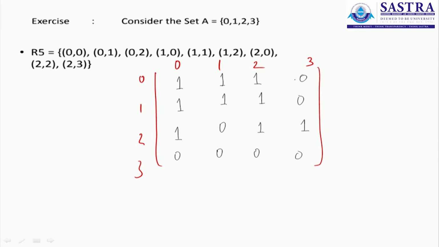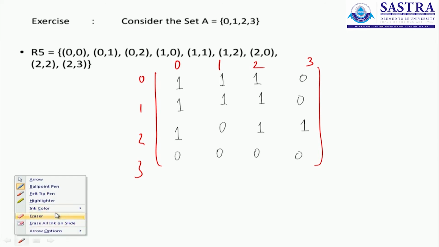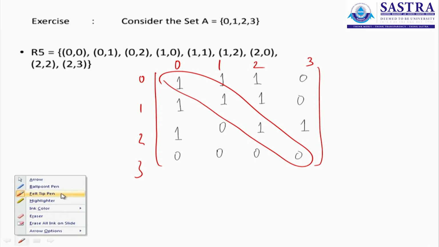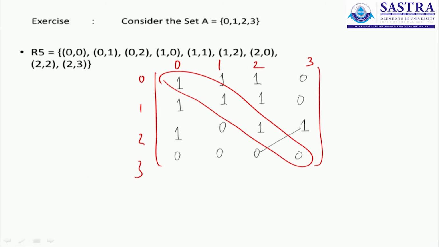and this is not symmetric. You can see that the matrix is not symmetric here. Forget the diagonal elements. Above and below there is no symmetric nature observed. There is a problem here. You have (2, 3), but you don't have (3, 2). They are not the same. One of them is 0 and the other is 1. Hence this matrix is not symmetric and therefore the relation is not symmetric.